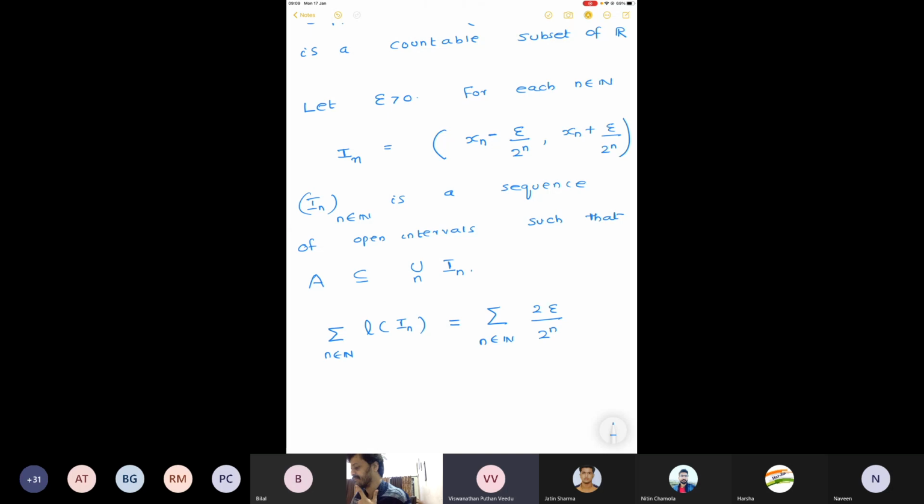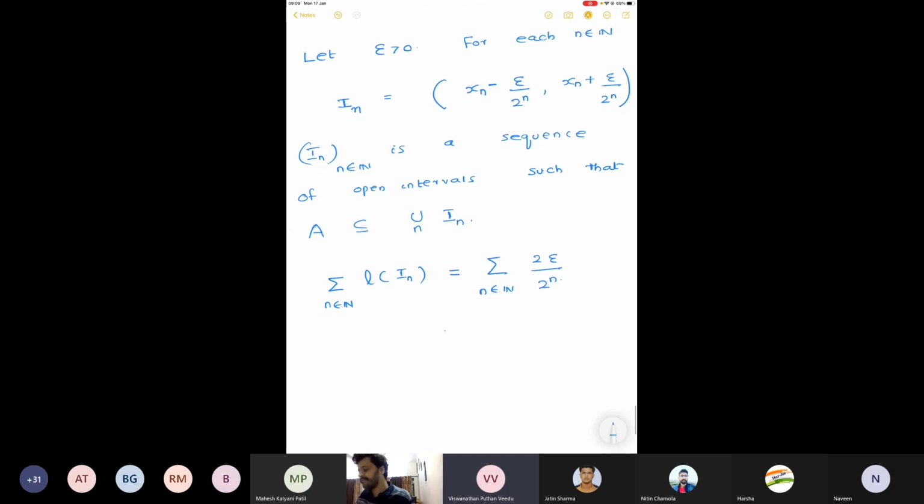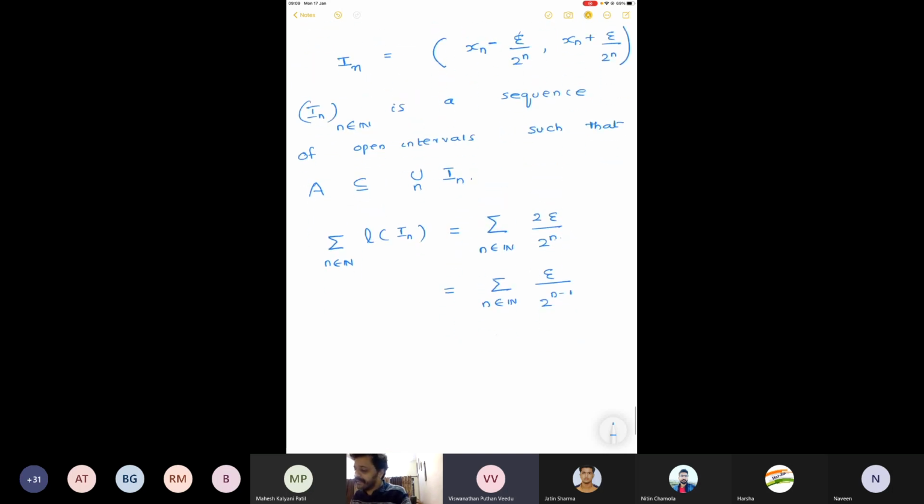So that will be equal to summation n belonging to N of epsilon by 2 power n minus 1. Now you should get why I work with epsilon, because I want a convergent series here. And I know that the geometric series is convergent. That's the reason why I took epsilon by 2 power n. You could have worked with any epsilon dash. But finally, I want this to be convergent. That is equal to epsilon times